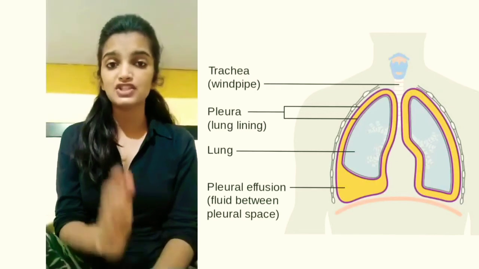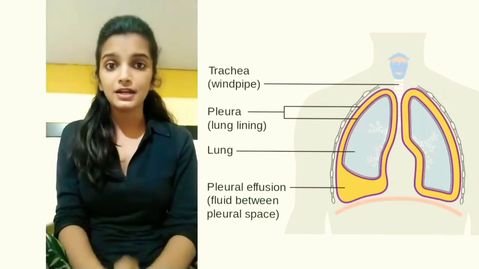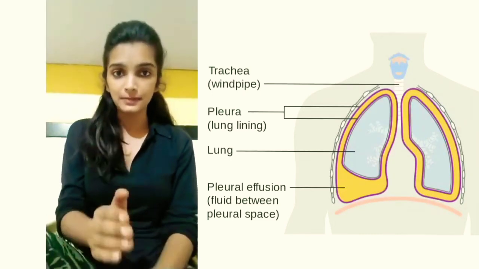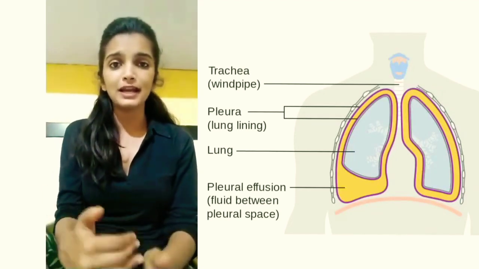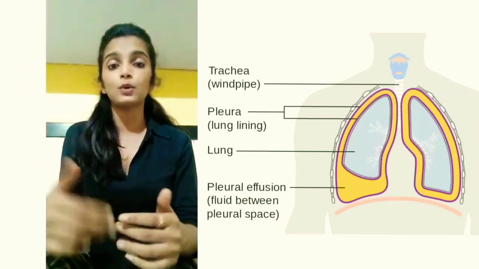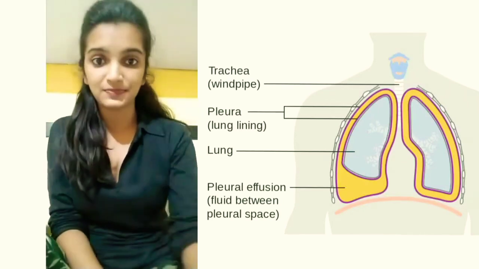This cavity is present just outside the lungs and it is formed by a double layered protective membrane termed as parietal pleura and visceral pleura. Between these two pleura there is a space known as the pleural cavity which is filled with the pleural fluid. Normally 10 to 20 ml of fluid is inside this cavity, but if it exceeds more than 200 ml, such accumulation is termed as pleural effusion.